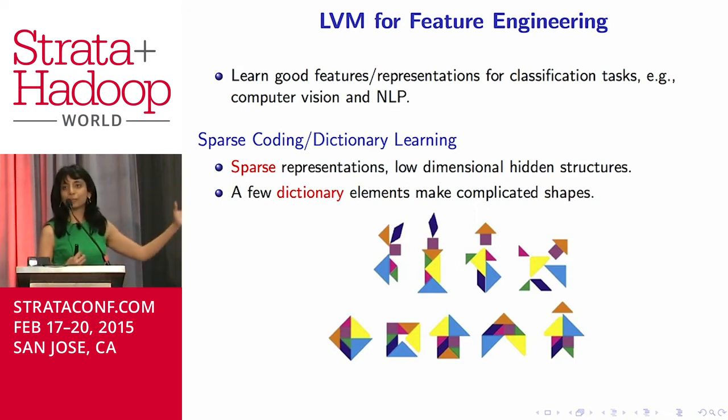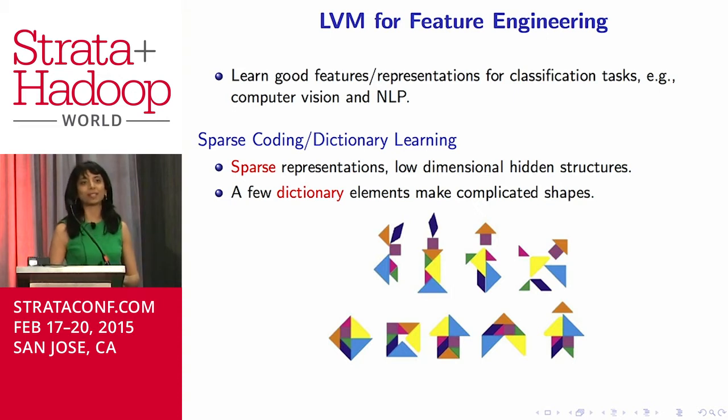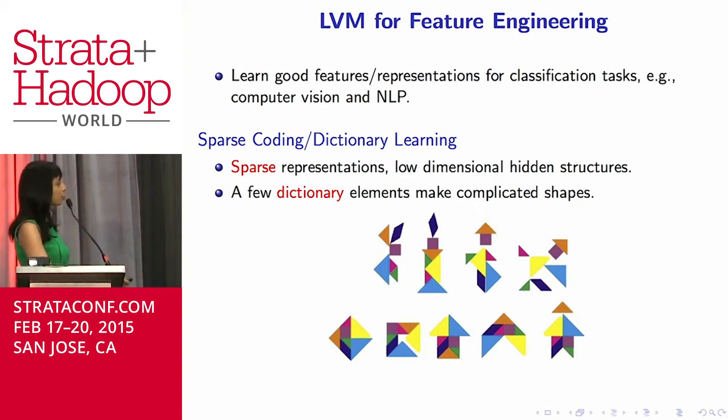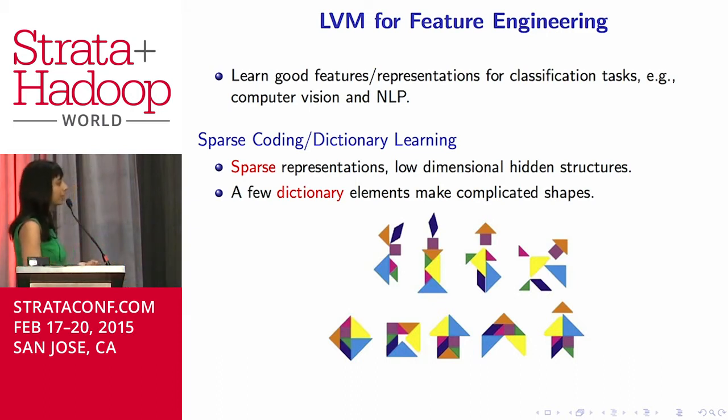Indeed, in computer vision and natural language processing, this is revolutionizing the classification performance. And as a toy example I've shown here, if you learn the basis or the representation of these complicated shapes, you can see that they're made up of just a very few simple elementary shapes that lead to these much more complicated